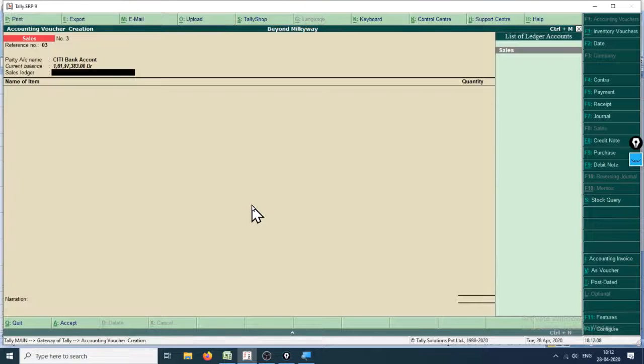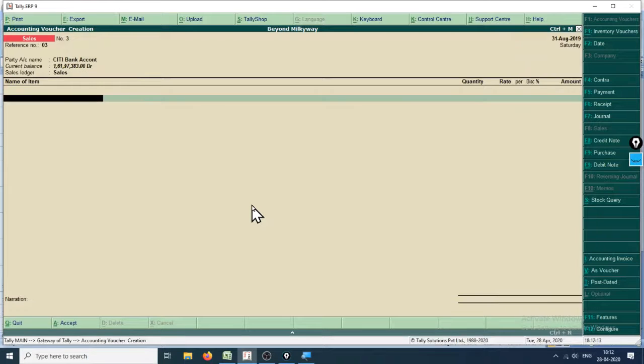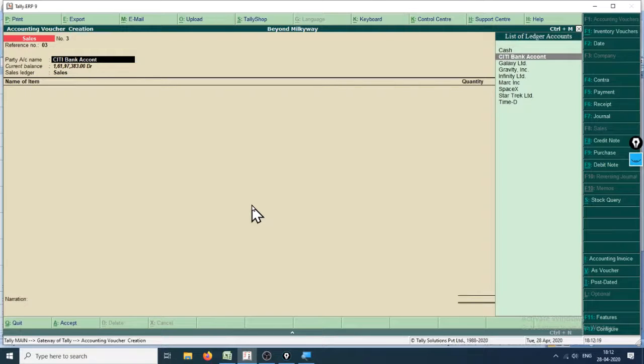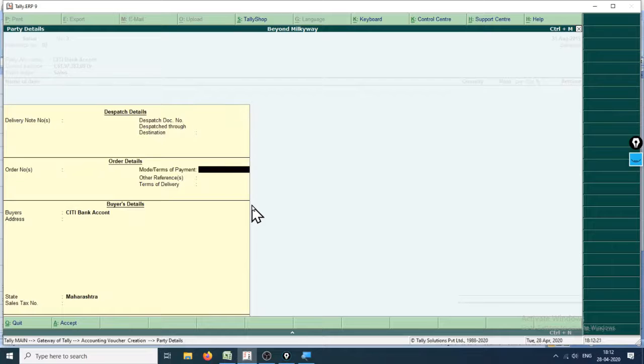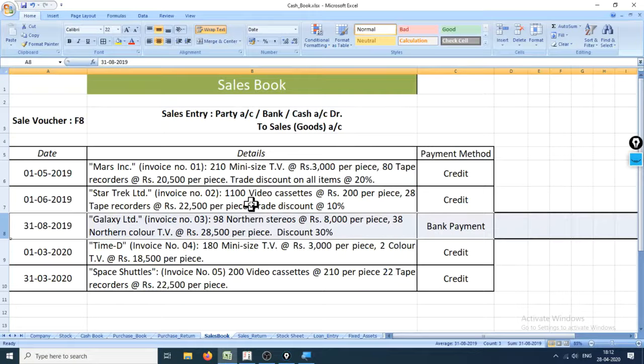Okay, Maharashtra sales, and yeah, okay, shift tab and then enter it again. This is where you enter the buyer's detail, which is Galaxy Limited, right?